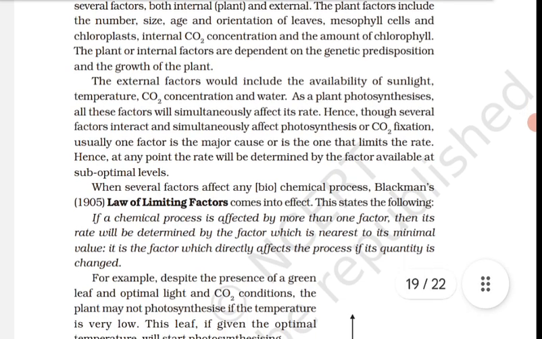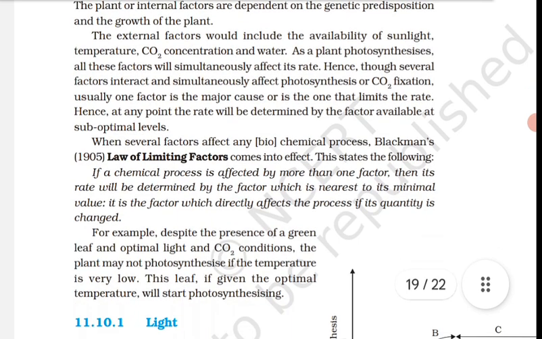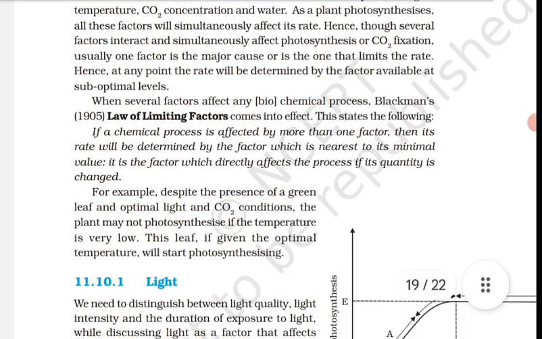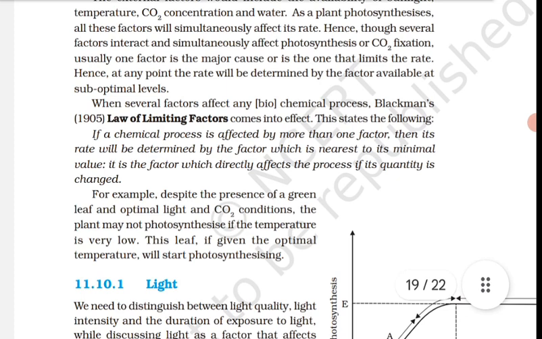The C3 and C4 plants respond differently to CO2 concentration. At low light conditions, neither group responds to high CO2 conditions. At high light intensities, both C3 and C4 plants show increase in the rate of photosynthesis. What is important to note is that the C4 plant shows saturation at about 360 μL L⁻¹,